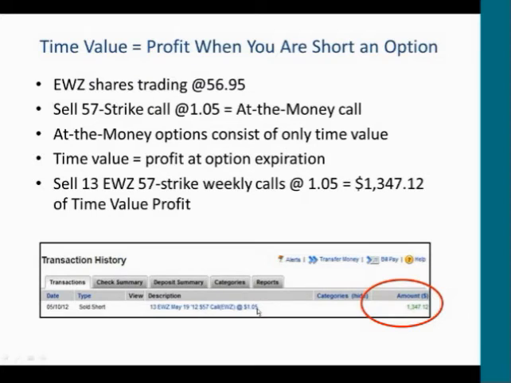So if EWZ was trading at 56.95, I sold the 57 strike call at 105. That would be the at the money call and would consist of only time value. So that 105 points becomes profit at option expiration 1 week later, no matter what happens to the EWZ